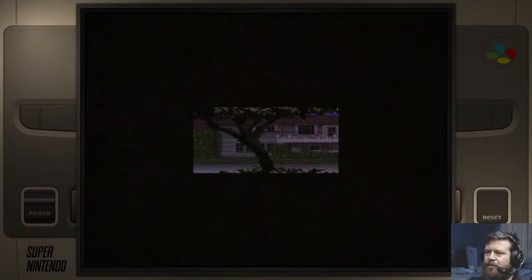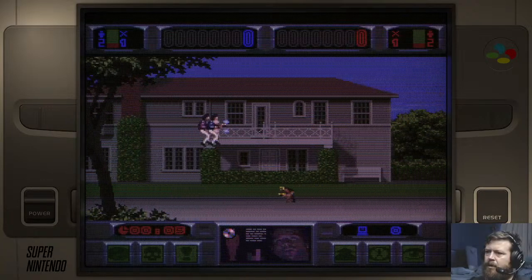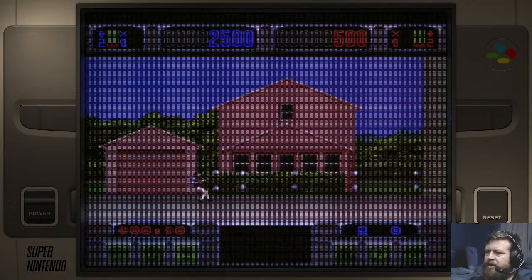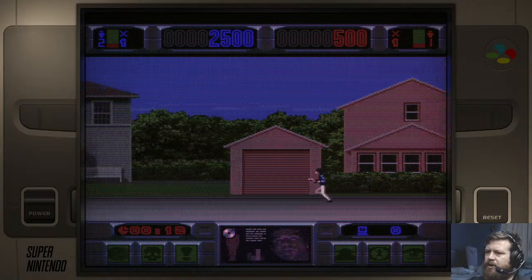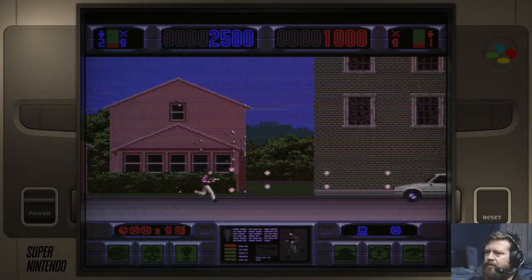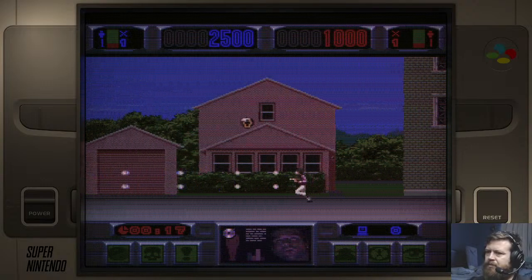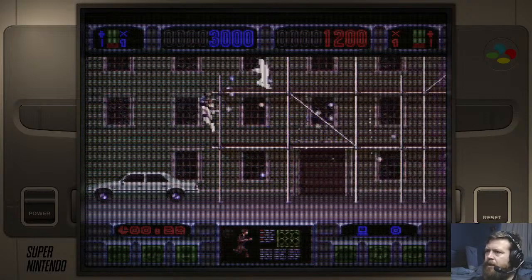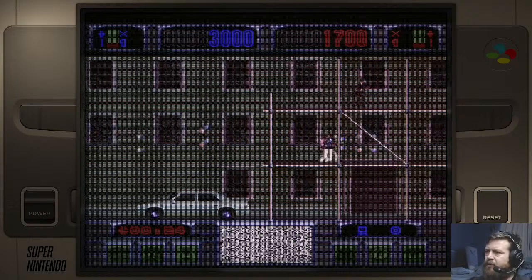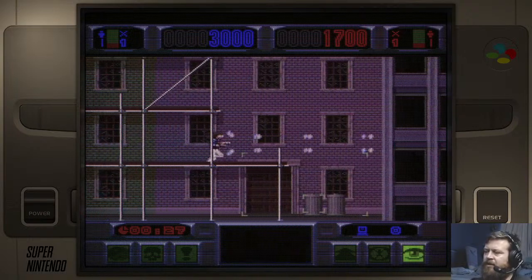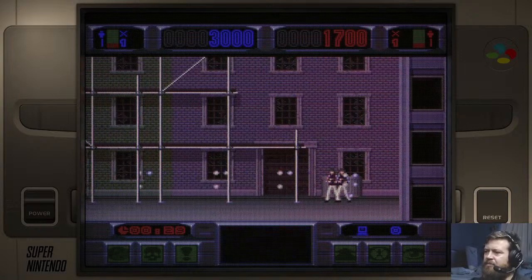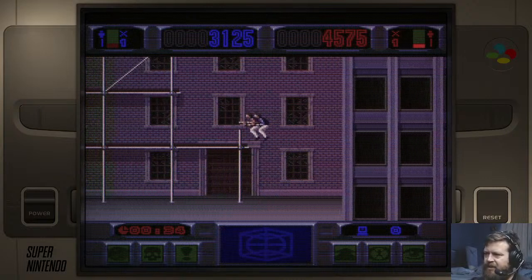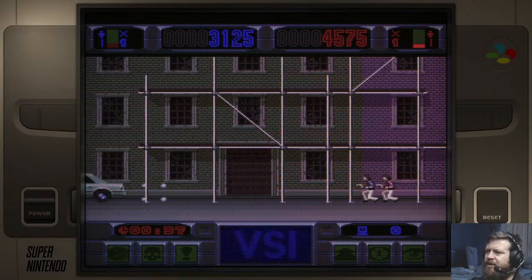I don't know why there's a second player there, there shouldn't be. Alright, I've got two characters for some reason. So, yeah, this is a run and gun. It makes no sense, it shouldn't be a run and gun. I'm not sure why it says I've got two controllers plugged in. But yeah, you run and you gun. And this is a generous, oh look, there's data in them bins. This is a generous interpretation of the source material.